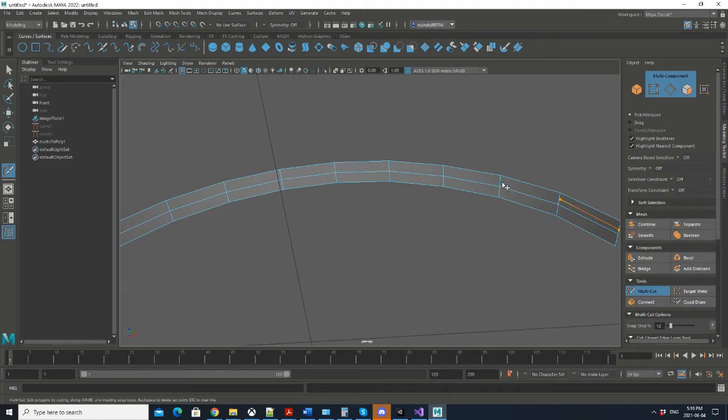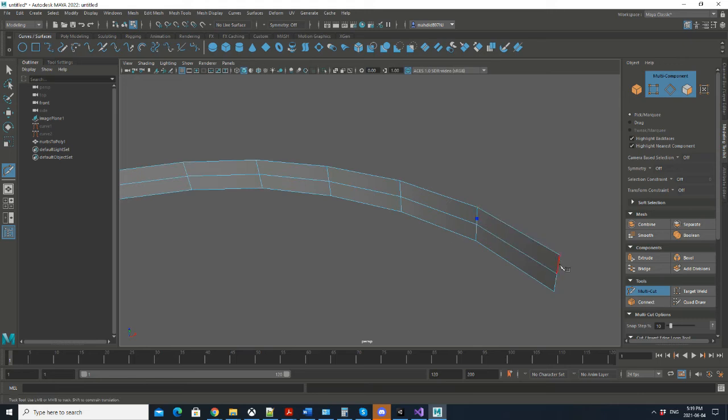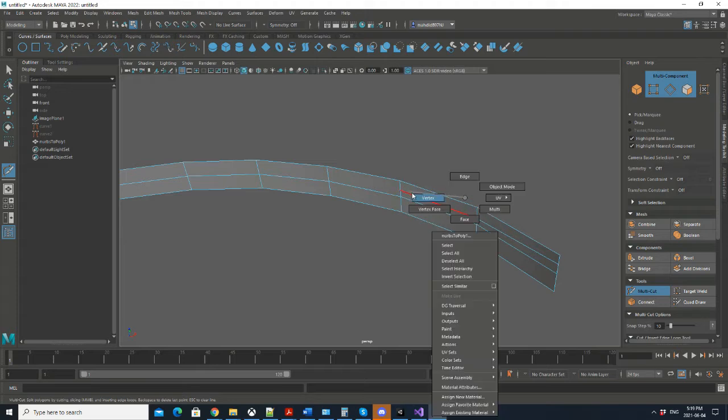Sorry, you don't need to do it, I'm just showing you something. For example, you may see a few edges here. You should just